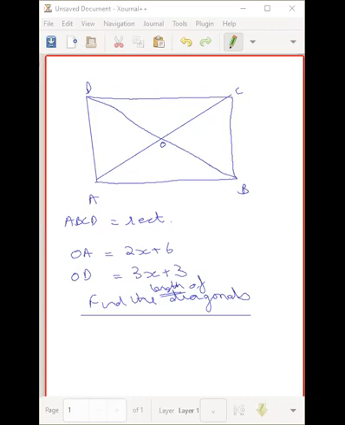Parth, unmute yourself. What are the properties of the diagonals of a rectangle? No, sir, I copied the question incorrectly. Okay, so take care. Even then, you should have seen before answering. If you're getting a different answer, you know that the diagonals are equal, right? So the answer would be the same. Check your working, check your copying of the question. Sarah, no. You're halfway through. You have one small step to go. Think where you're missing out. It's still an incomplete answer.